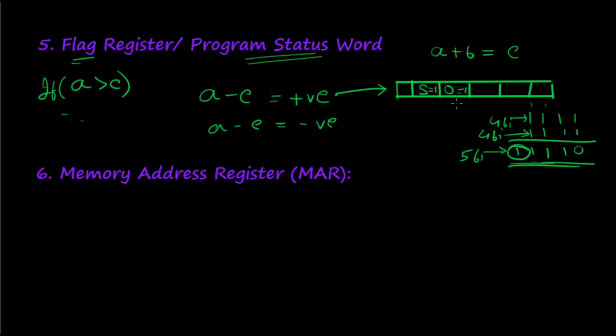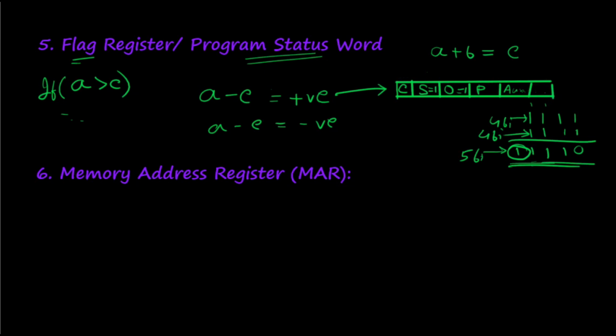So there are such kinds of flag bits inside the CPU. There is a carry bit, a carry flag also. Suppose this is a carry, so the carry flag will be 1. There is a parity flag which we use a lot in networking. There is an auxiliary carry as well, and many different kinds of flag registers. You may find while learning a specific architecture that there are lots of carry flags. So it depends a lot; it varies from processor to processor. For different architectural requirements, we can have different kinds of flag registers.